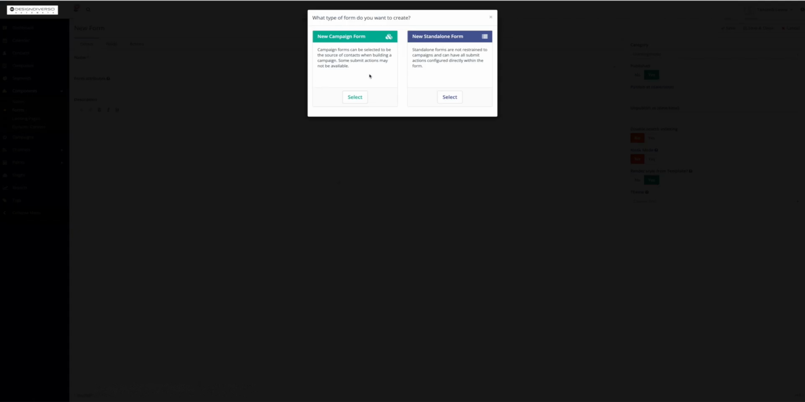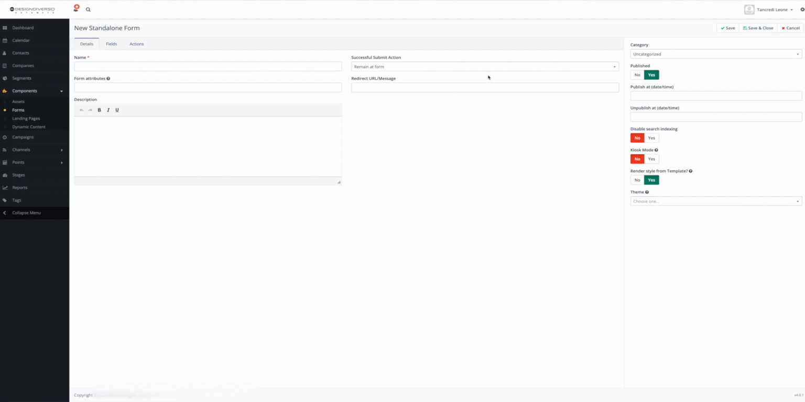Now you have two different options. DesignDiverso Automata allows you to create forms that are tied to campaigns, and standalone forms. The main difference is that campaign forms are tied to campaigns and they're limited in terms of feature options available. For this example, we're going to stick to a standalone form, which doesn't limit us to any of that. And all we have to do is enter some kind of name for our form, and